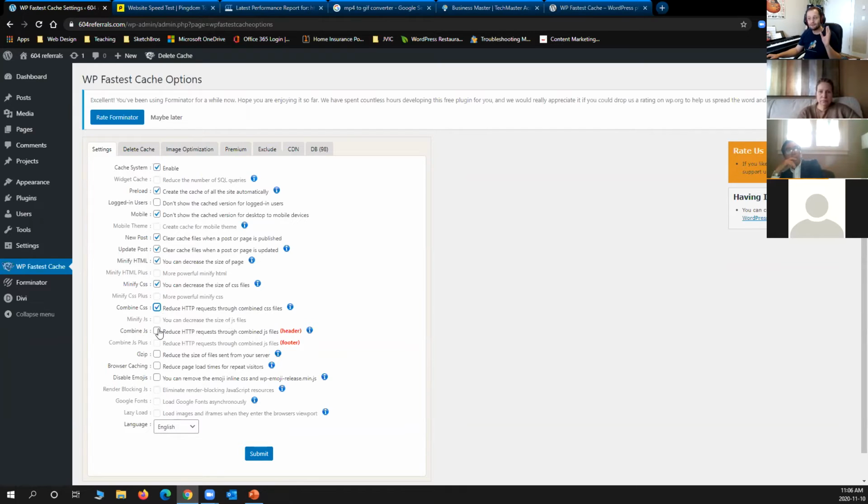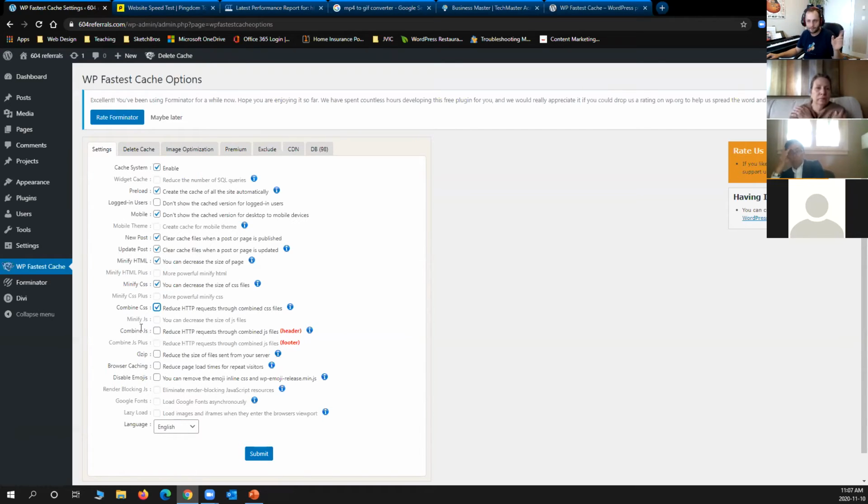Combine JavaScript. If you have a regular website, a normal website that somebody like Sherlock or Terran made for you, then if you do this, it will break your website. I guarantee you. This combined JavaScript is mainly for fully custom coded websites. Let's say somebody coded your website with Python. This is for those guys. So don't even worry about this. If you go to your own website and you see that this is active and your website is working, it means your web designer was being really patient and went and actually added all of your custom queries to your database, blah, blah, blah, doesn't matter.